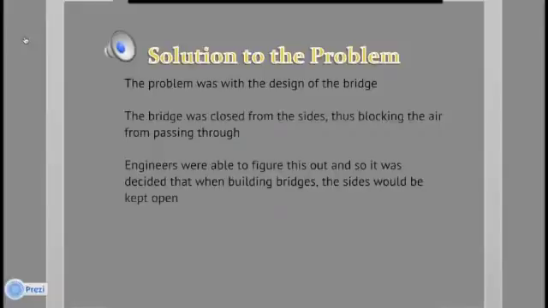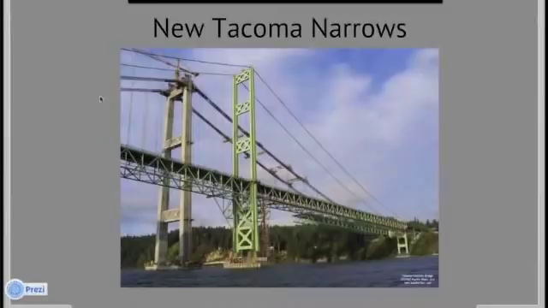That is why when we drive on bridges today, we usually see that the bridge sides are not closed, but they are in fact open. This is to allow for wind passage and to make sure that the wind doesn't have much of an effect on the bridge. So, the Tacoma Narrows Bridge collapse was not caused by resonance, but I was still glad to